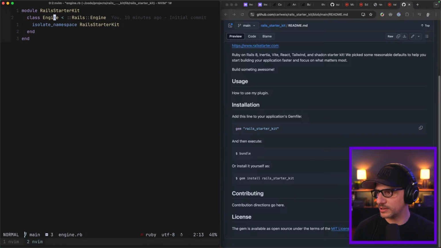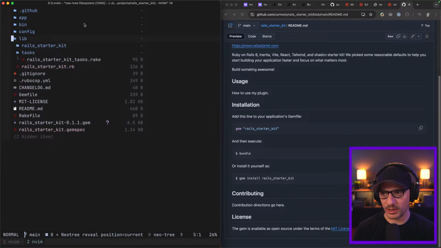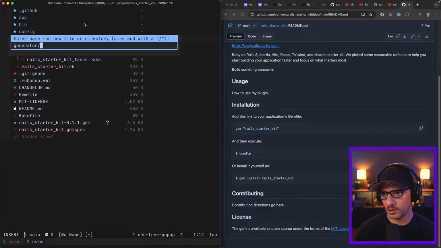Which is what we want. The next thing that we're going to want to do is we need to create a generator file, right? We need a generator that we're going to use whenever you install this gem. You need a generator to run for an install generator. So we're going to go into our lib directory. We're going to create a new folder, generators. And then underneath that, we're going to create Rails, another folder for our engine, Rails starter kit. And then install_generator